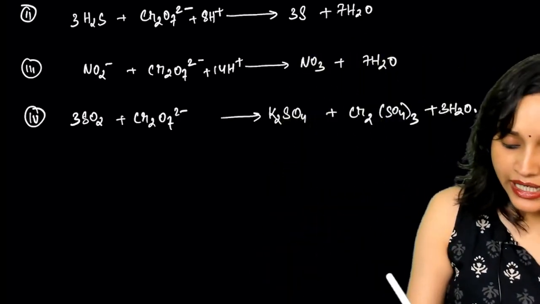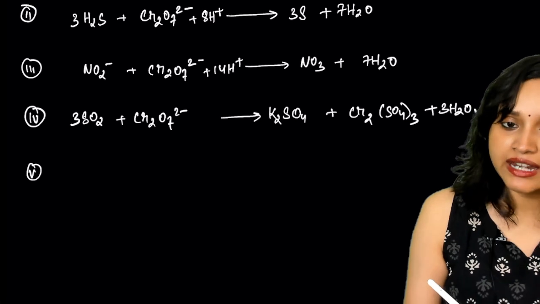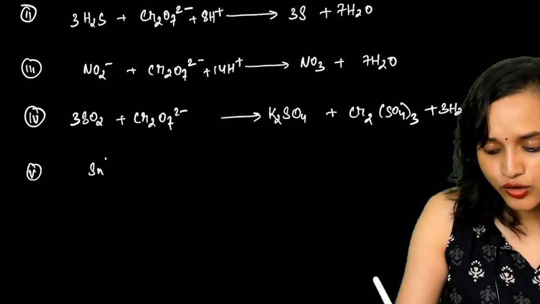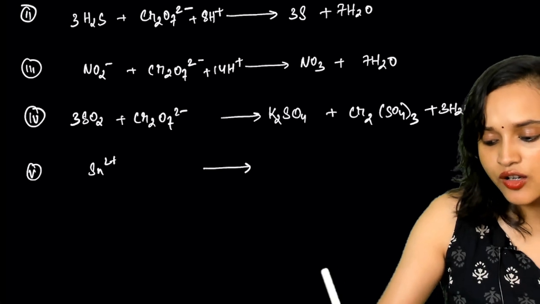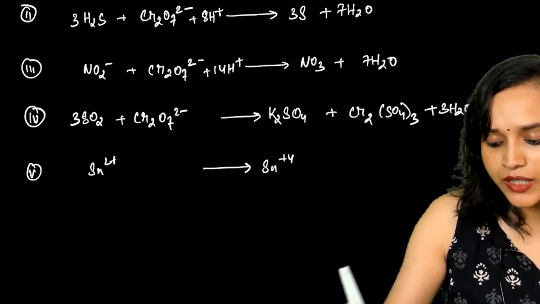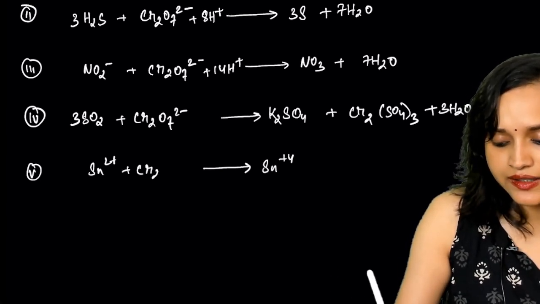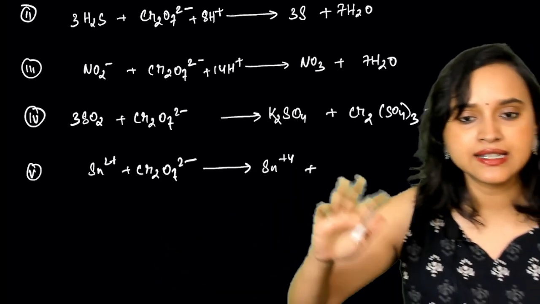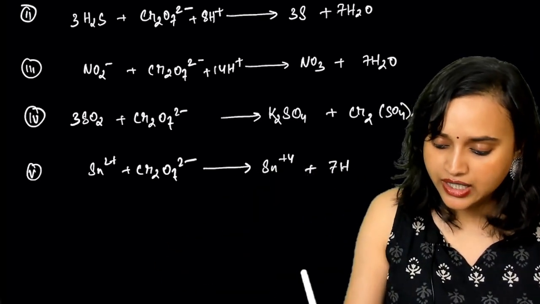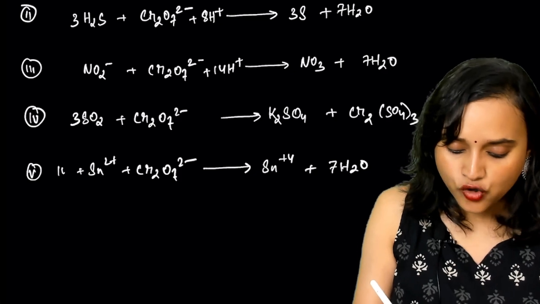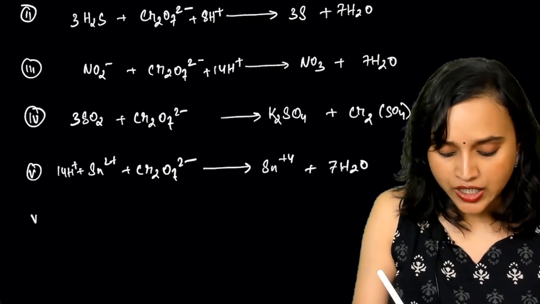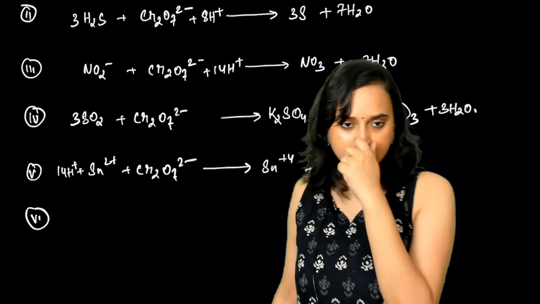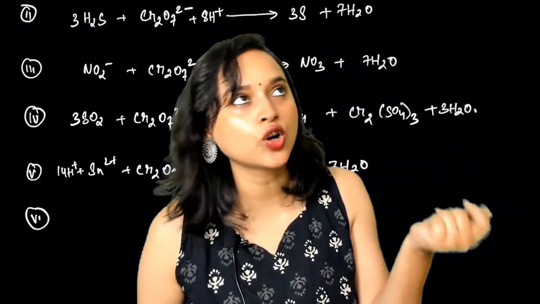Okay. Then comes your stannous to stannic salts. Stannous is going to be what? Sn2 plus. Sn2 plus goes and gets converted to Sn4 plus. So here definitely you are taking Cr2O7 2 minus, and then you can balance it as usual. You are going to have 7H2O on this side. That means 14H plus here. Okay. All right. Sixth position, everybody.